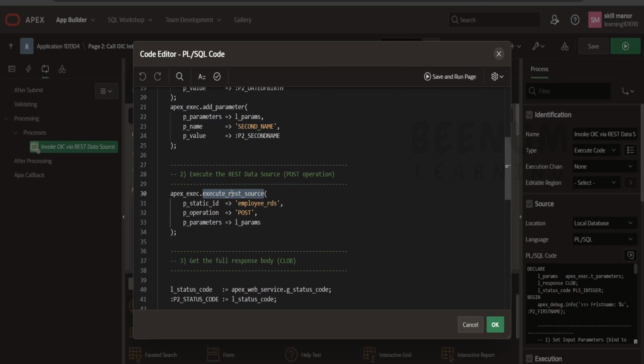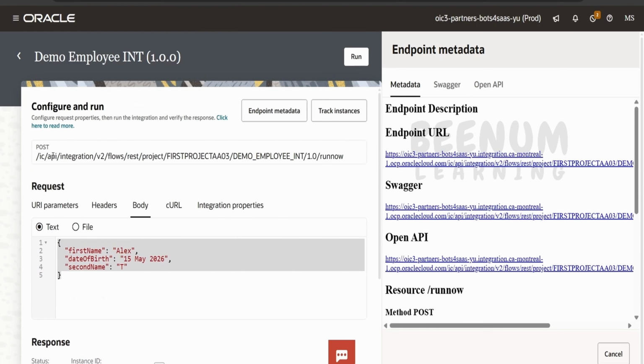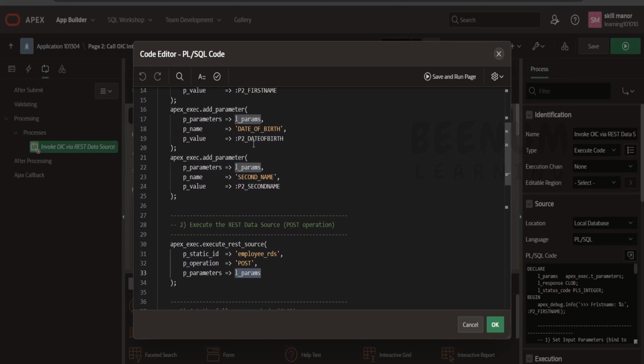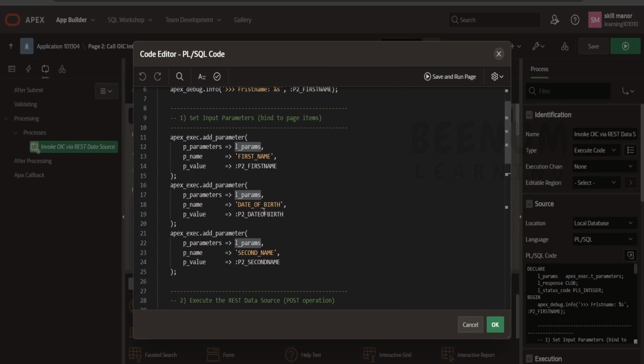For more details, you can have a look at this procedure to know how to populate the details. Next, I'm calling the POST HTTP method because the integration which I'm calling is exposed over the HTTP method POST. Next, I'm mapping the parameters. As soon as you refer to the parameters, the configuration of how the parameters have to be mapped